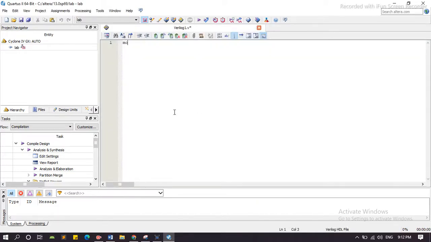Here we write module, here the file name, which is lab, and declare the variables here. C and D are the inputs, and let's suppose E is the output here. We declare the input here: input is equal to C and D, and output is equal to, let's suppose E is the output here, and we assign here, assign E is equal to,